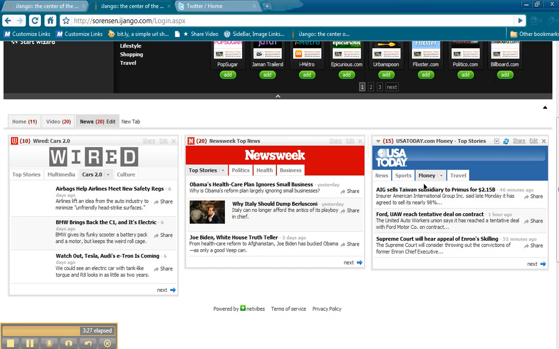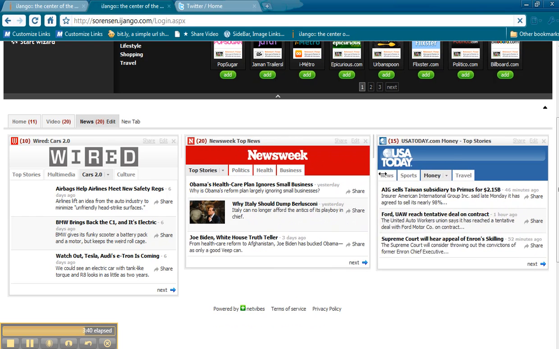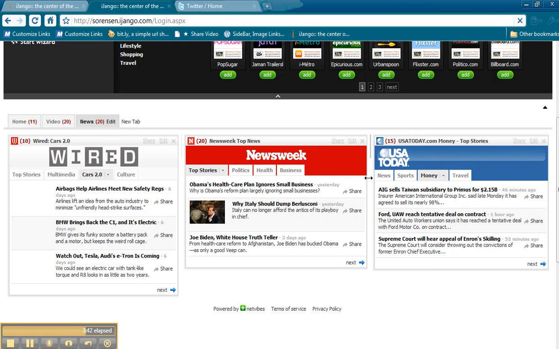Another great feature within your page is you can expand and contract the widgets how you see fit. If I'd like to shrink Newsweek and increase USA Today, I could simply do so by dragging this separator bar between the widgets left to right, and I can expand these widgets. It's that